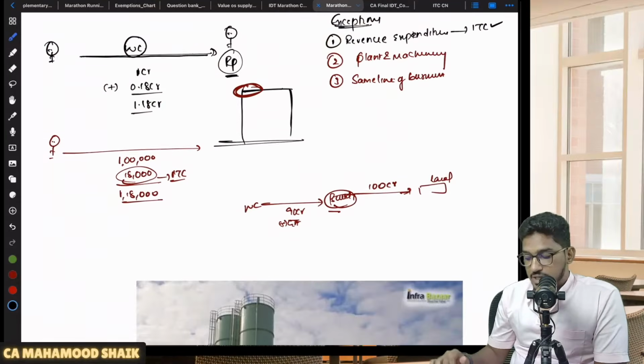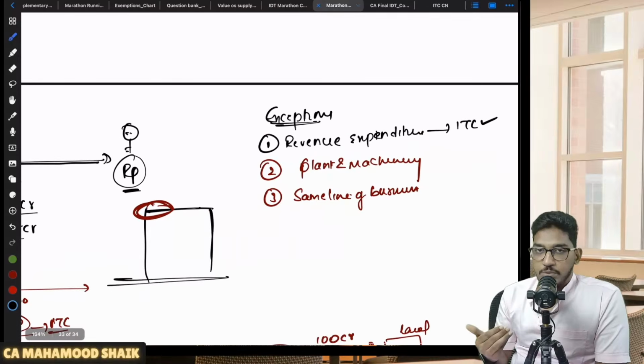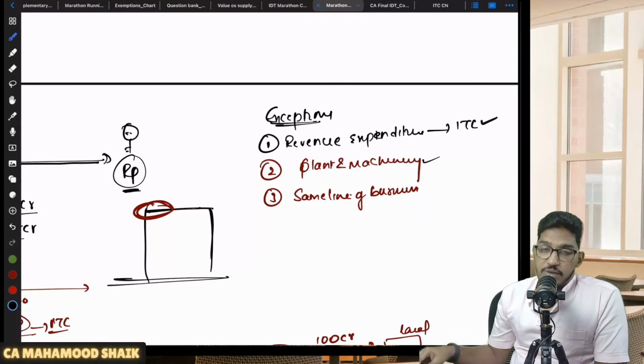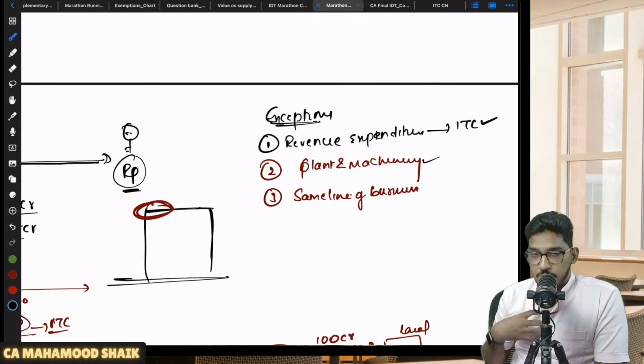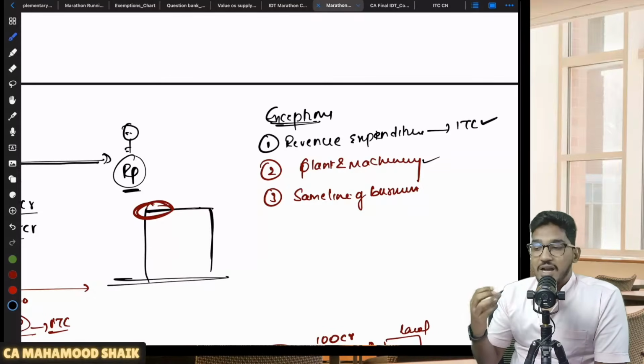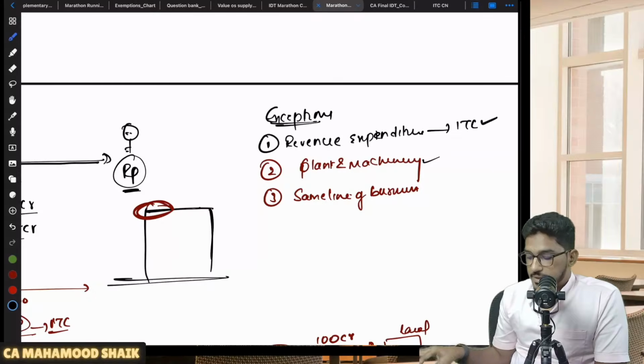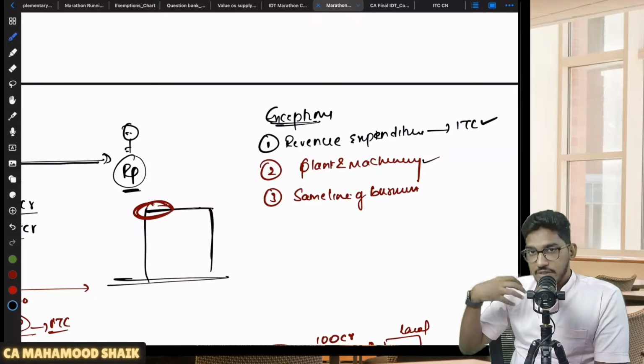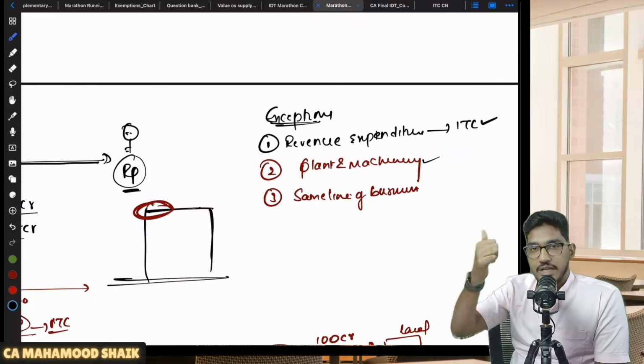However, here also the same three exceptions. In case that immobile property is not getting qualified as capital expenditure, if that is getting charged to the statement of P&L, then you can take ITC. And if it is qualifying as plant and machinery, you are doing self-construction of immobile property, but that immobile property is falling under the plant and machinery definition, then also you can claim ITC. And if the recipient is not doing the construction on his own account, I am doing the construction, but not for my own account. I am doing construction for others. I am a builder. I am receiving goods. I am doing construction of immobile property, but not for me, for my client. Then you can take the ITC.